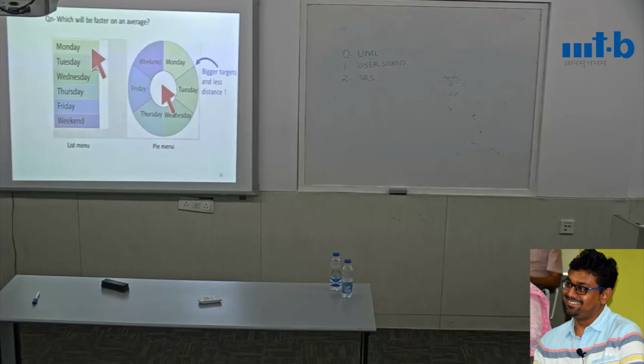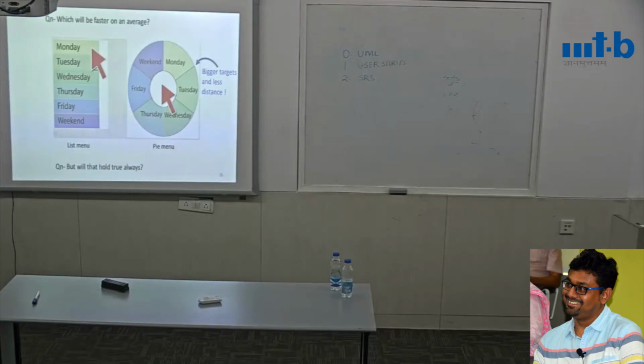Again, because it has bigger targets and the distance is small. But remember, it's also the angle with which you are moving. There are a few angles which might be difficult for you to move. Consider this kind of menu on your phone, and consider stroking at an angle of 10 o'clock. So it becomes difficult to move in some angles. So it also depends upon what you are designing. What is the real world problem which you are designing for, and then use those models and see which one is more efficient.